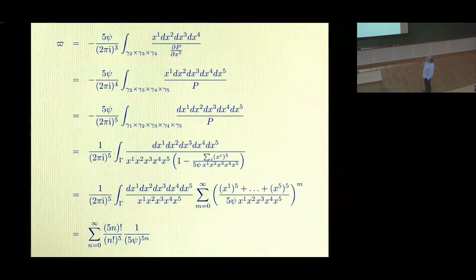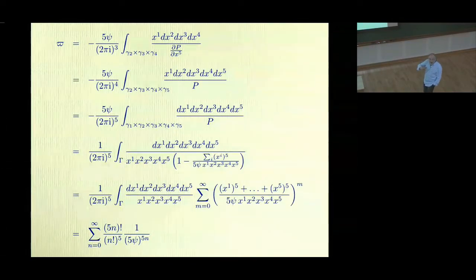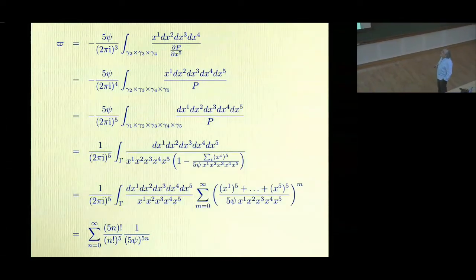And we're going to choose as our cycle 3 small circles around x2, x3, x4 equals naught. So we look at the x2, x3, x4 equals naught cycles. Since we're in projective space, we set x1 to a constant. It could be 1, but it's better to leave it as a general thing. We have small circles going around x2, x3, x4, and we have a quintic equation, and we solve the quintic to get x5. And we specify the root by saying that we want the root that's small as psi goes to infinity.